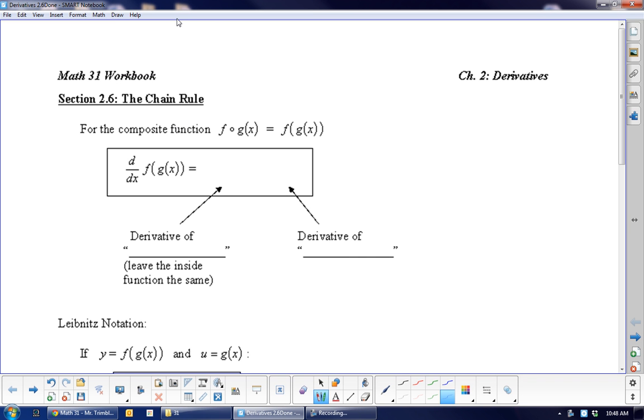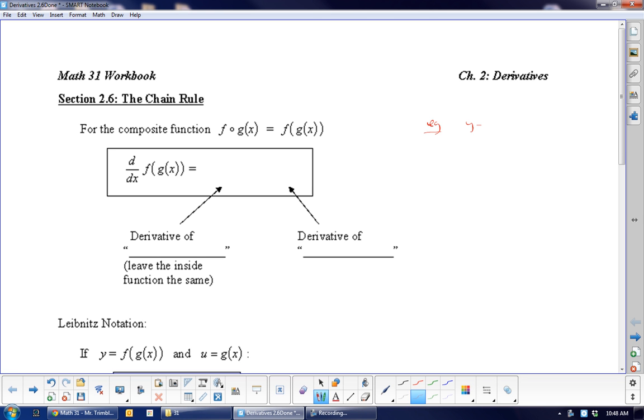Okay, so we've done the power rule, we've done the product rule. We just finished the quotient rule. Now we're going to be doing what's called the chain rule. The reason you need the chain rule is if you were given an example like this,